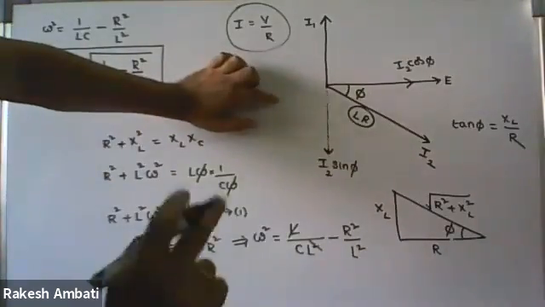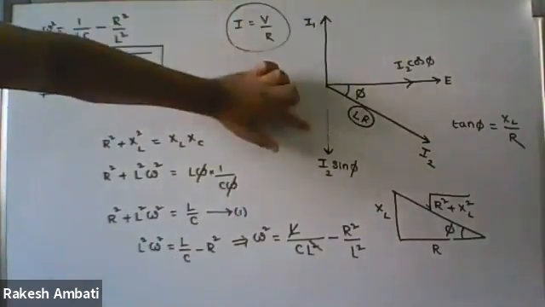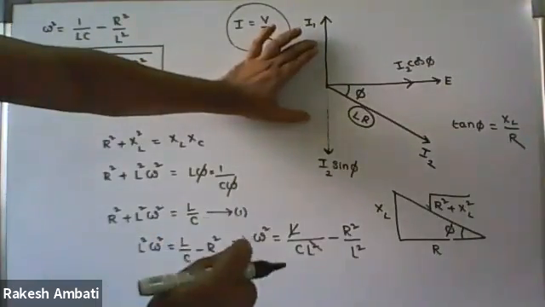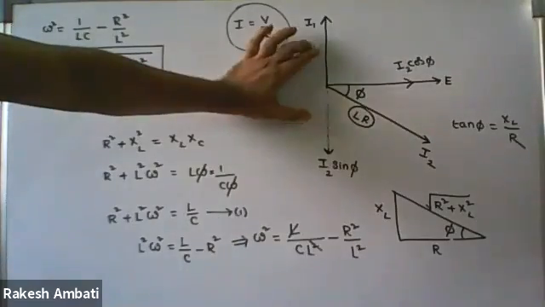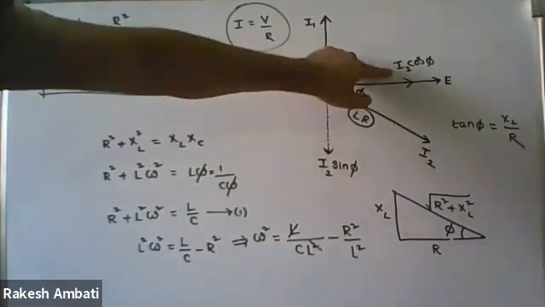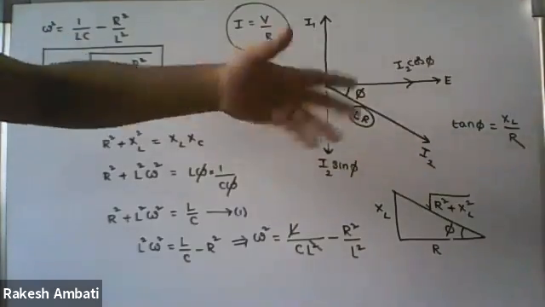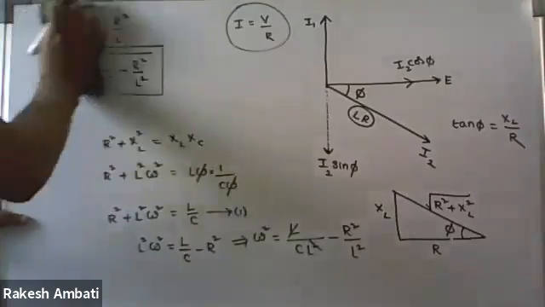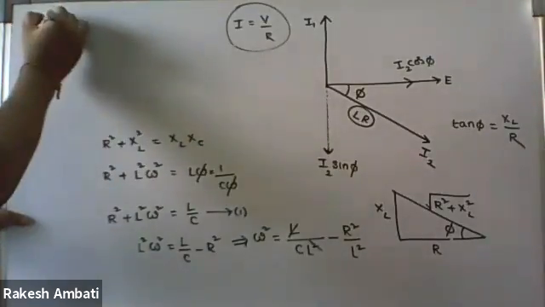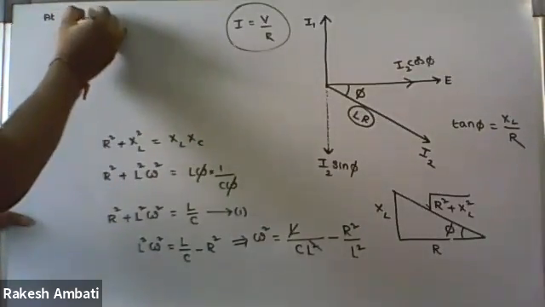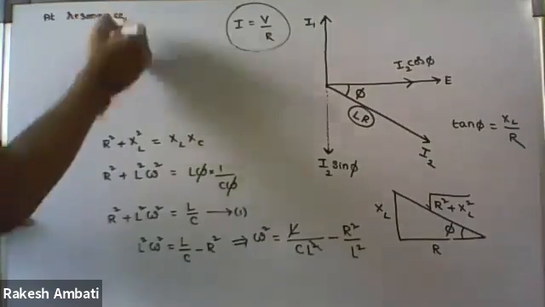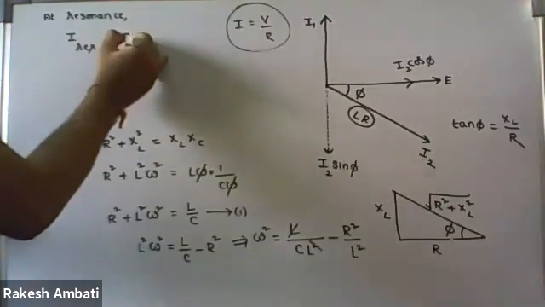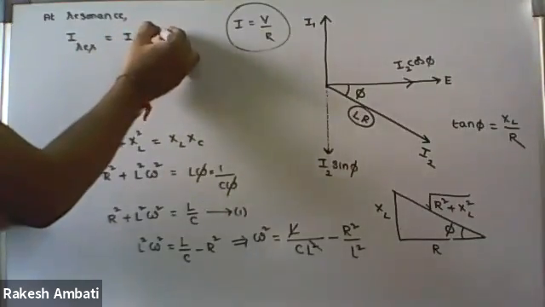At a resonance, this current cancels out. Therefore, at a resonance, what is the resultant current? If these two I2 cos phi currents already cancel out at a resonance, we are left with only this current. Write down: at resonance, resultant current equals I2 cos phi.